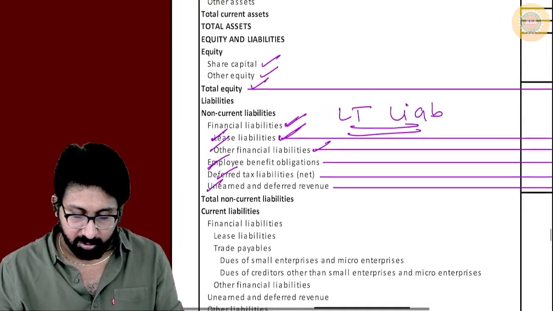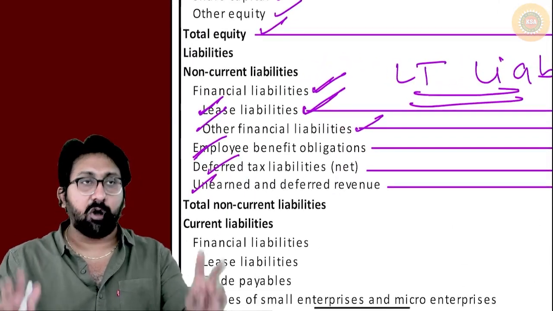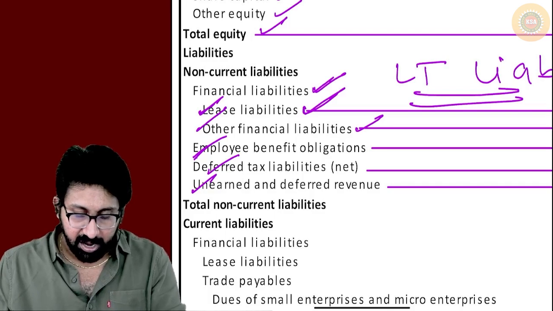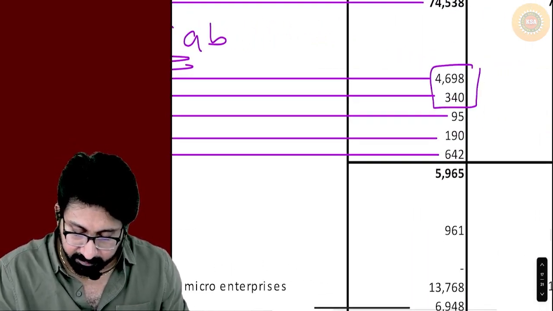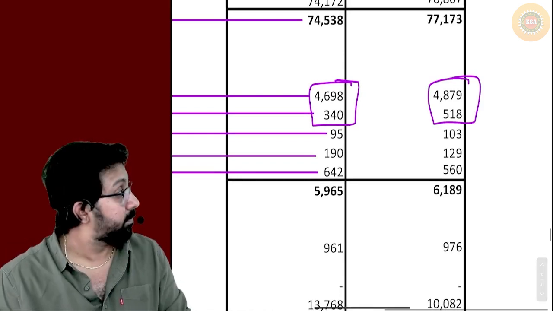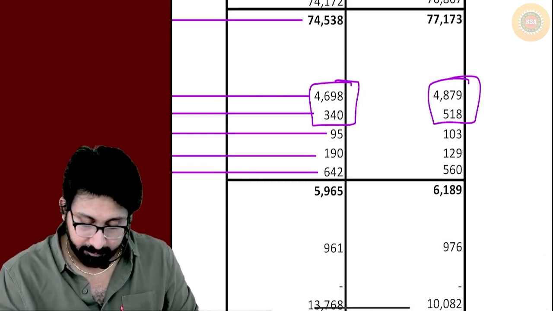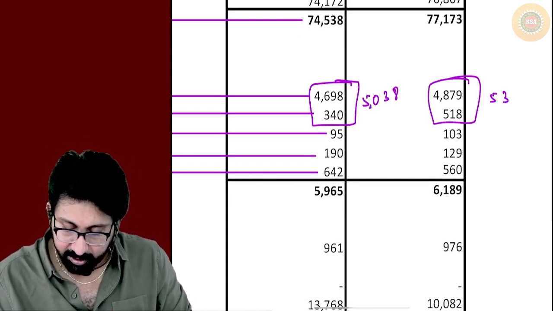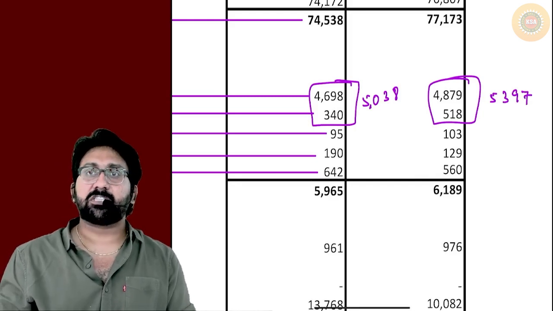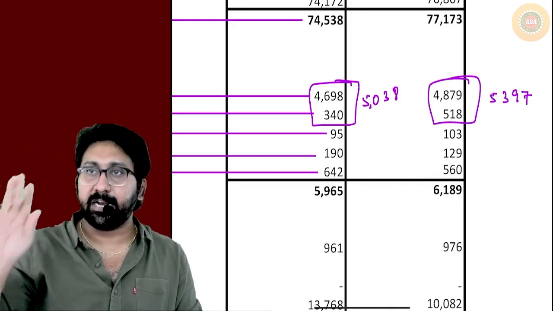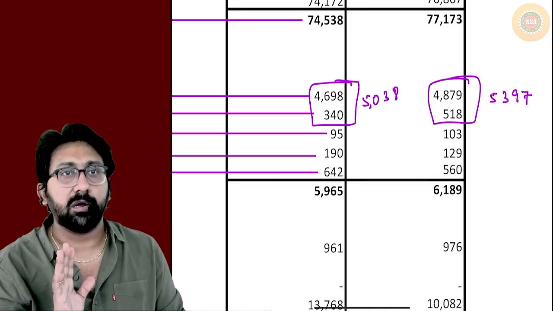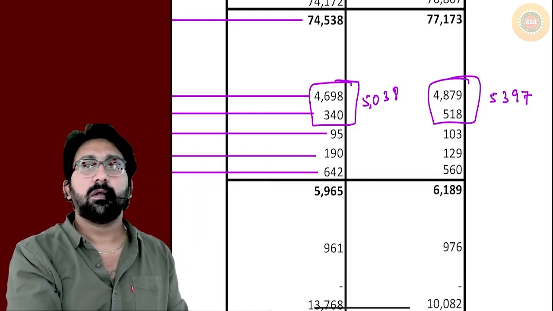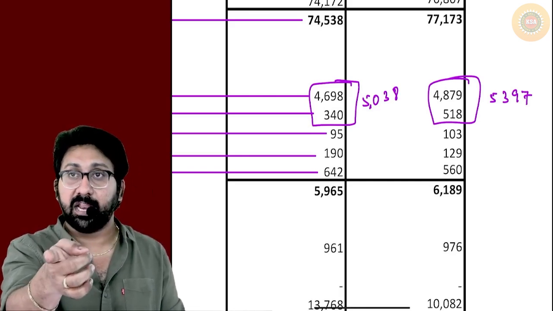So the main point that I have to tell is, tell me, financial liabilities. Now, how many debts are there in my company? 2 debts. What are the 2 debts? Lease liability, other financial liability. Tell me the total of these two. 5038. Next. 5397. First of all, everyone tell me why employee benefit is not a debt in the debt equity ratio calculation. Understood or not? It is an amount received in the form of debt versus an amount kept aside for payable. There is a difference between debt and liability or not?